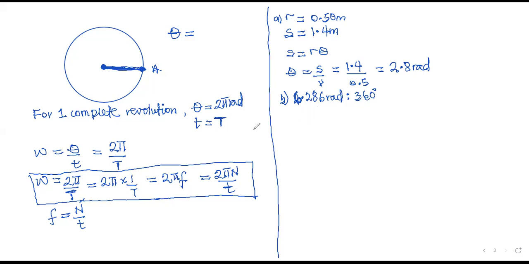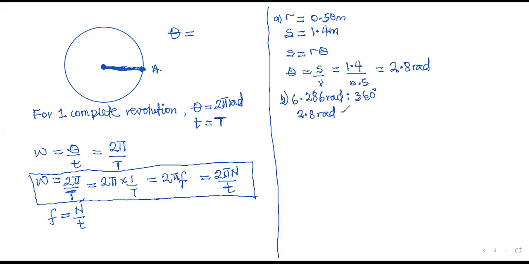Let me write this well. 6.286 radian is to 360. So if we have 2.8 radian,